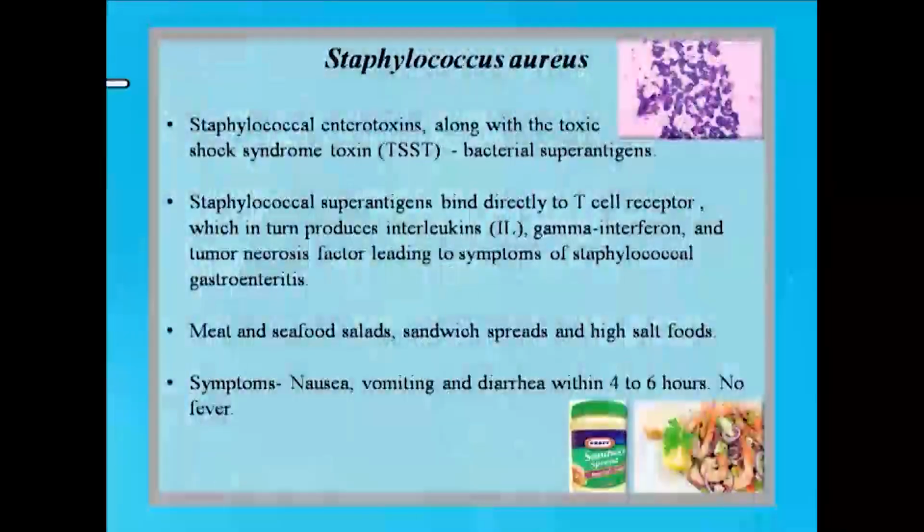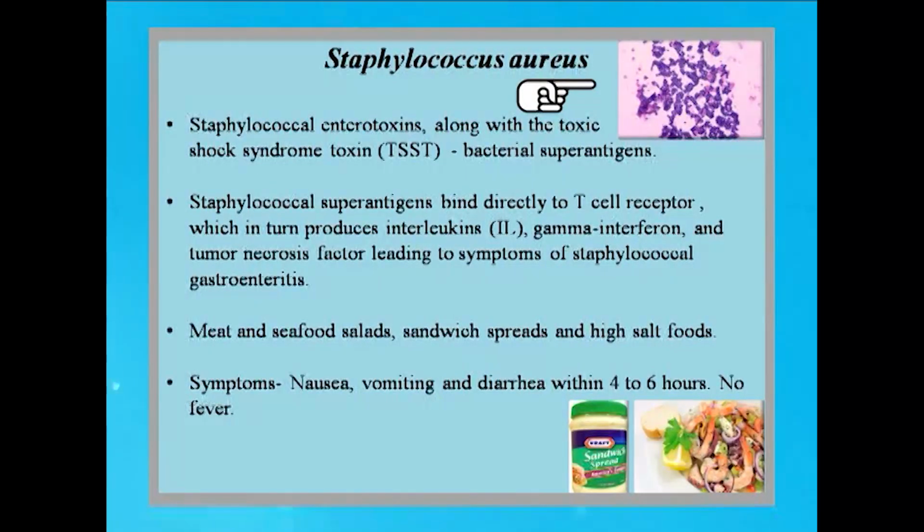Staphylococcus aureus is another genus which is responsible for food poisoning, and it releases an enterotoxin which is called Staphylococcus enterotoxin. Along with it, it also releases a toxin which is called TSST, that is toxic shock syndrome toxin. Now this toxin is called a superantigen. Why superantigen? Because this toxin can bind to the receptors of the T cell, the cells which participate in our defense mechanism. When they attack the T cells, there is release of interleukins, gamma interferon and tumor necrosis factor, which